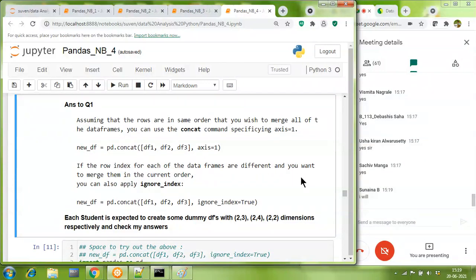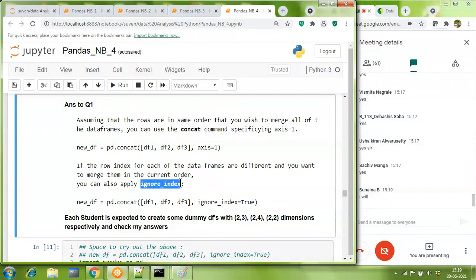So here we are combining three data frames, D1, D2, D3, and we have given the axis equal to 1, which means we are combining them column wise, like the columns will be getting added. Correct. And what is the purpose of ignore index?